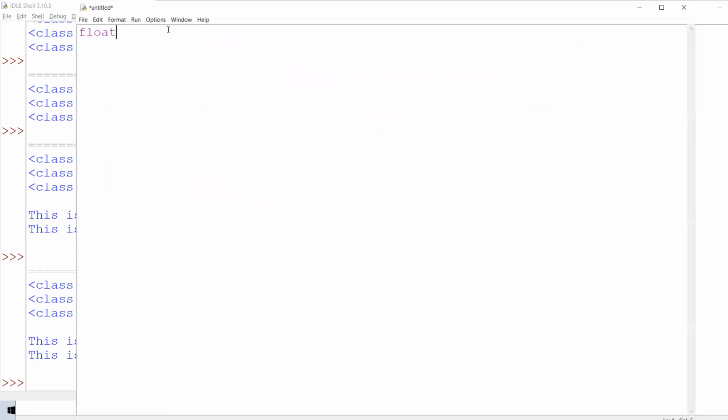We have float, int, and I think str. I will call them functions only. So these functions will convert any data type to float,